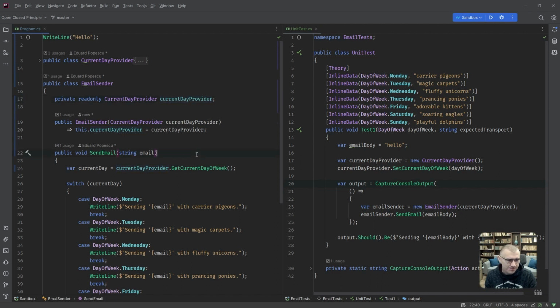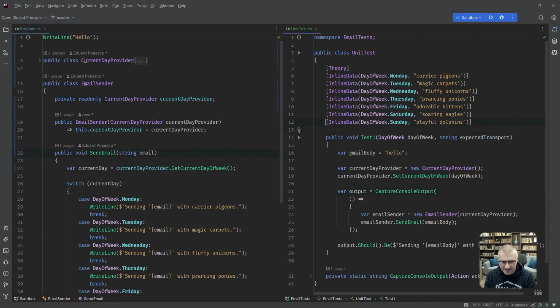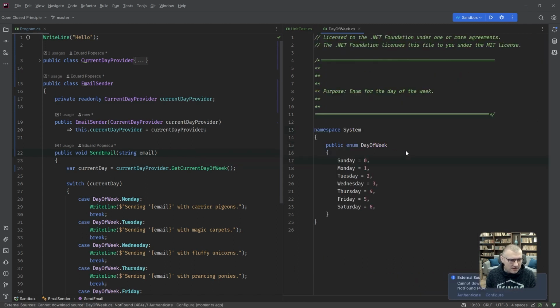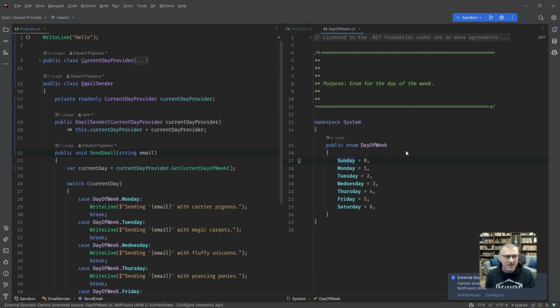All right. I said we're going to do one more. Let's see if this works. Because technically in C#, we've got these funky things called enums.